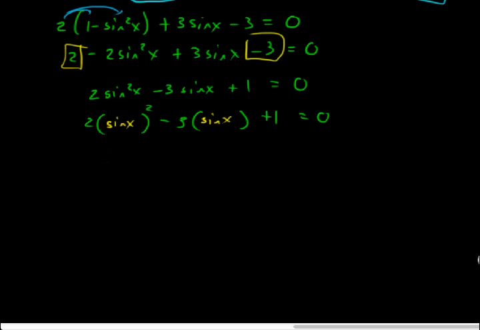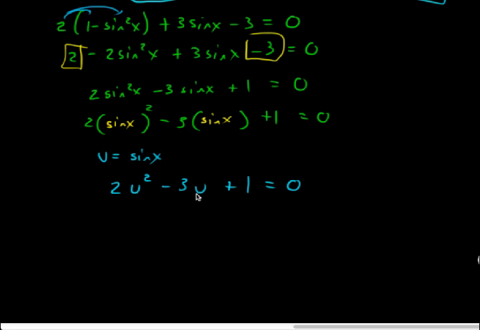Actually, let me use blue here. u is equal to sine x. So I'm going to rewrite this as 2u squared minus 3u plus 1 equals 0. And now this is an expression, since it's written in terms of the variable u, I can factor this, and